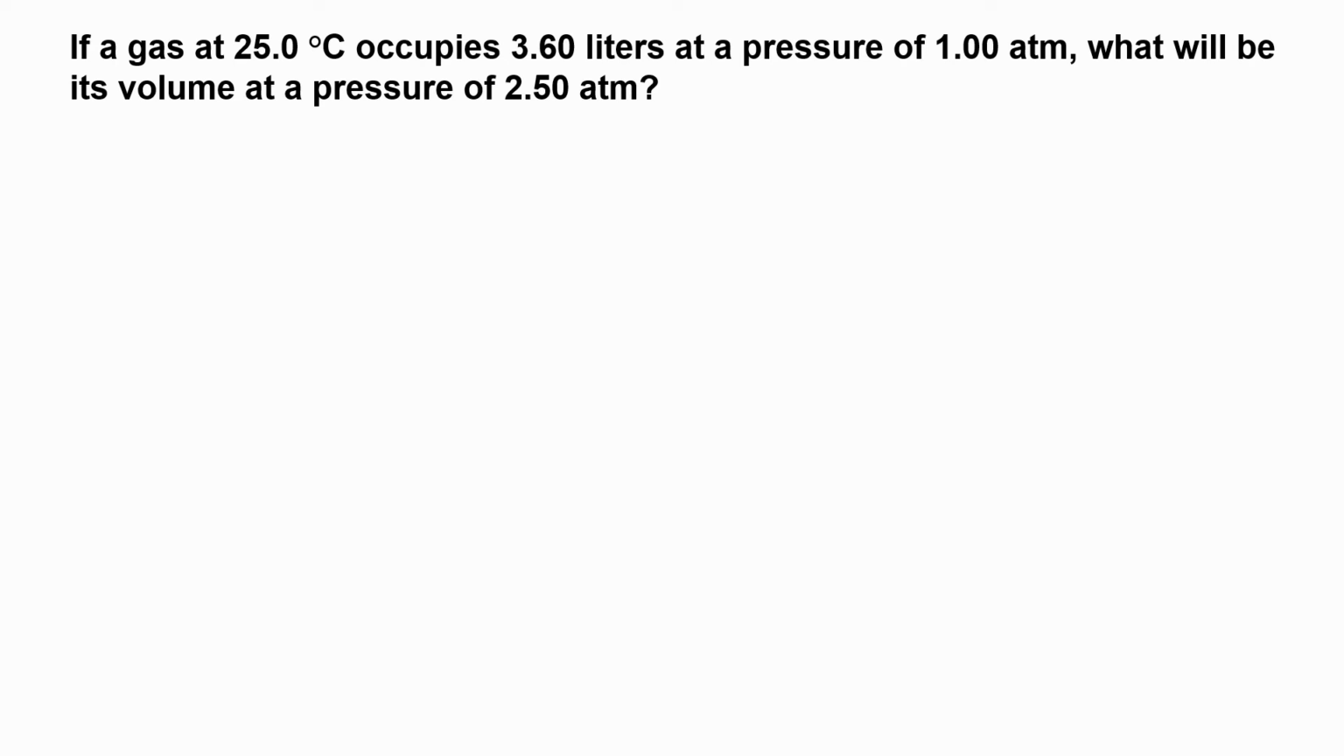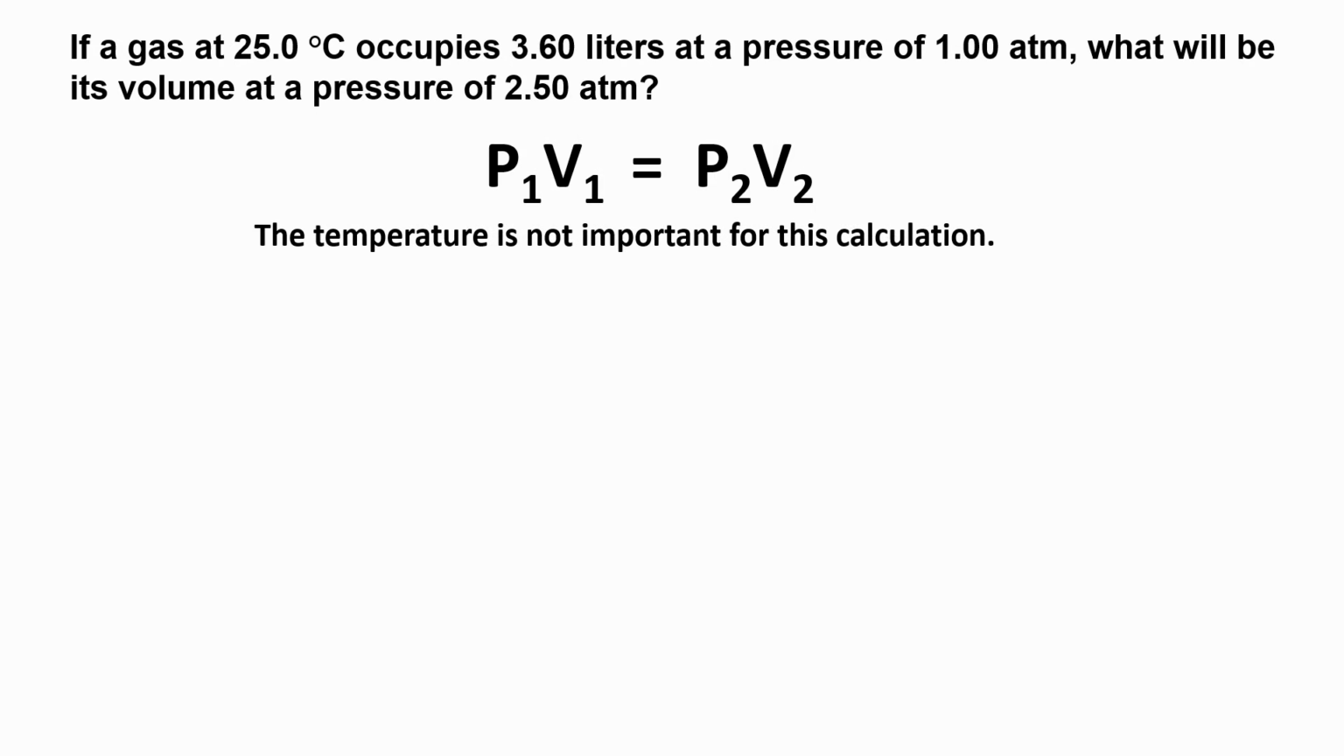Let's begin with the first practice problem. If a gas at 25 degrees Celsius occupies 3.60 liters at a pressure of 1.00 atmospheres, what will be its volume at a pressure of 2.50 atmospheres? We begin by writing the formula: P1V1 is equal to P2V2. Remember, the temperature is not important in this calculation. We may rearrange the formula to write the following: P1 times V1 divided by P2 is equal to V2,